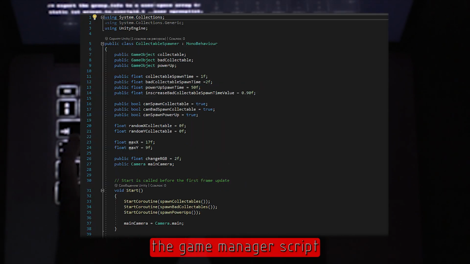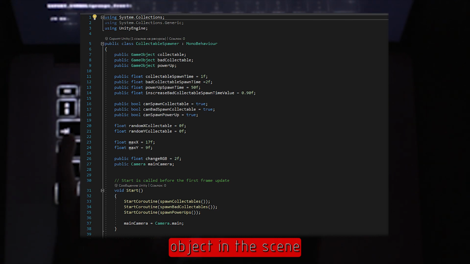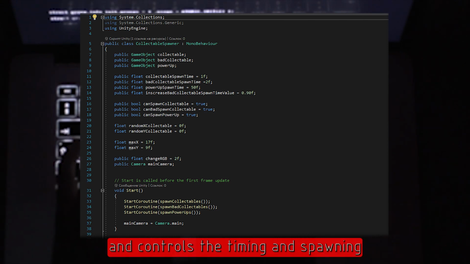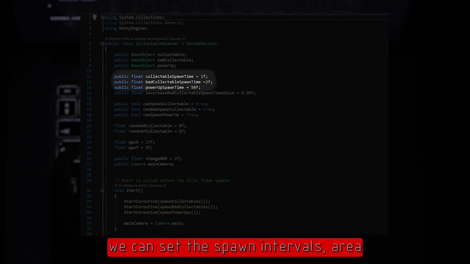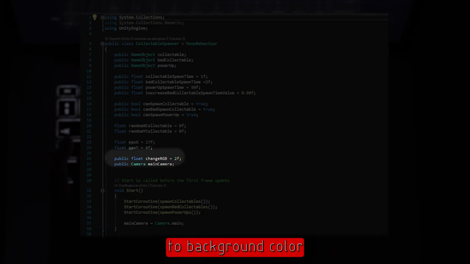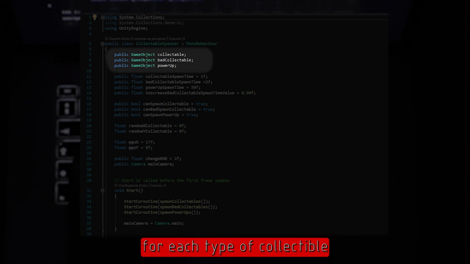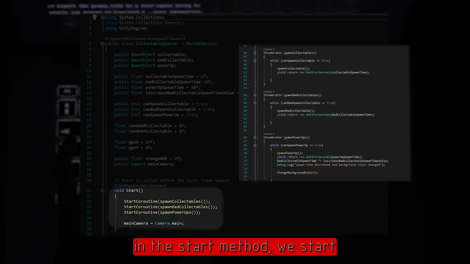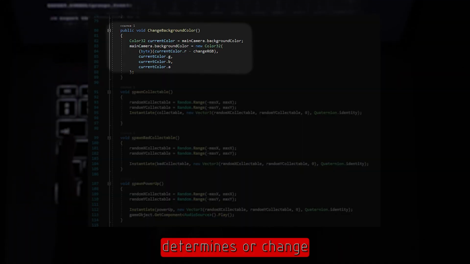The GameManager script is attached to our user interface object in the scene and controls the timing and spawning of the collectibles. In the inspector, we can set the spawn intervals, the area where we can spawn objects, the amount of changes to background color, and the prefab objects for each type of collectible. In the start method, we start the spawning coroutines. The change background color method